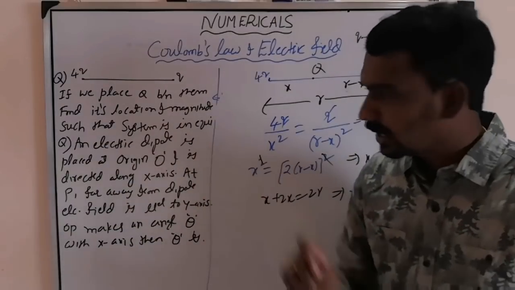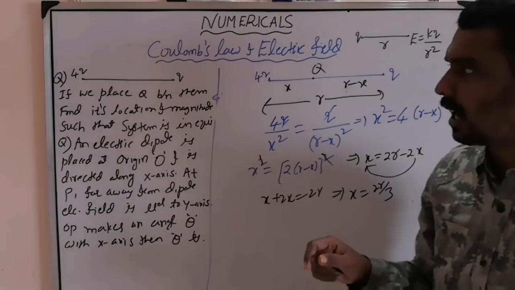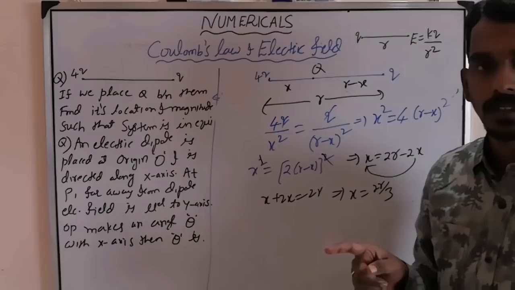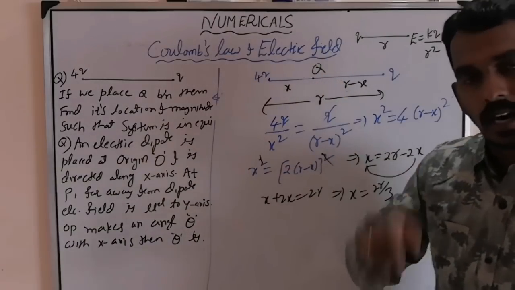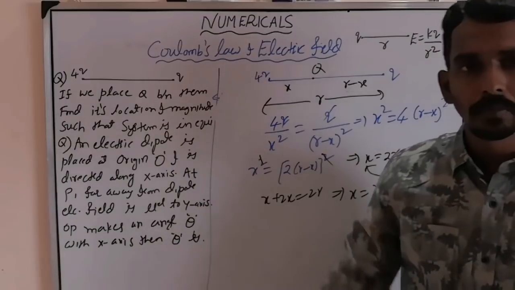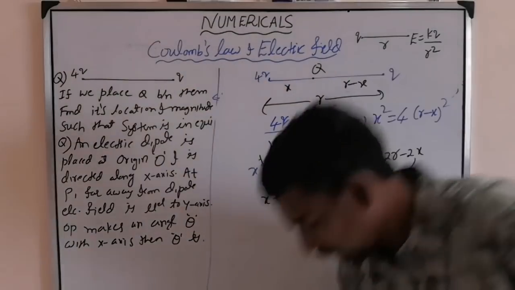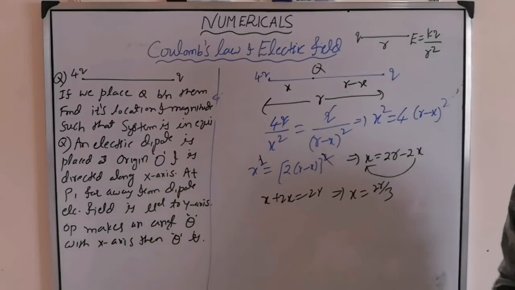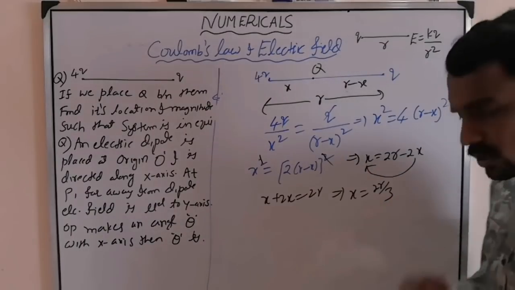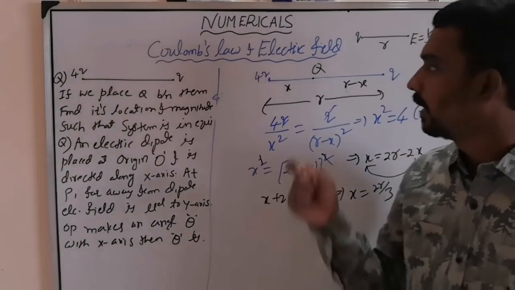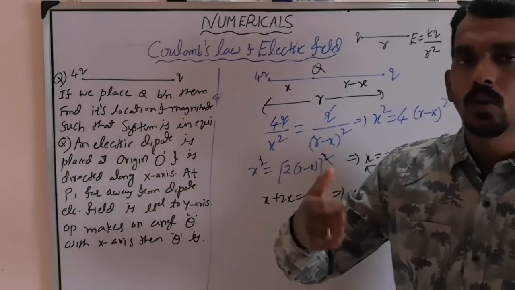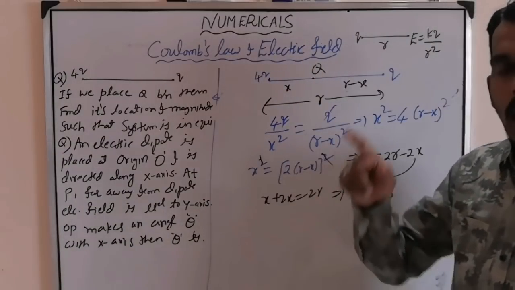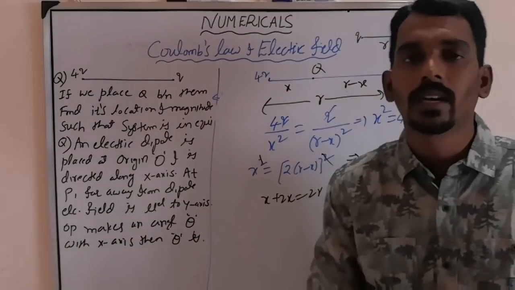But here, one more thing they are specially mentioning. They are not mentioning that you have to place the third charge such that it is in equilibrium. They are telling that you have to place the third charge such that the whole system should be in equilibrium. This is the fourth type they can ask based on the same situation. Now you have to do the same way. This is the solution. But this is the solution for what? Only distance, where you need to keep the charge. At what distance from Q1 or at what distance from Q2? That is what you can understand.